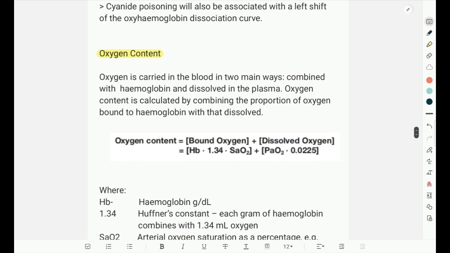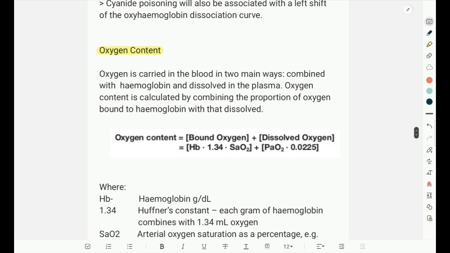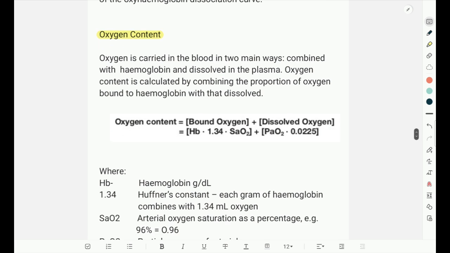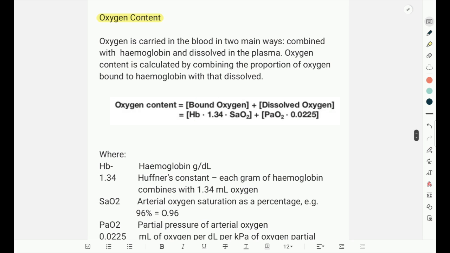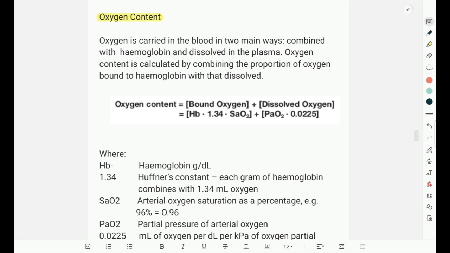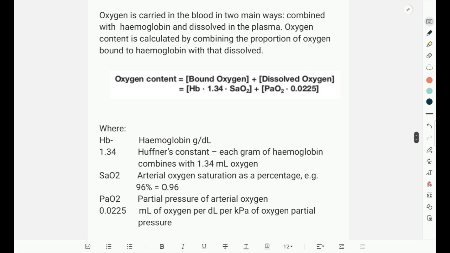Now we will discuss oxygen content. Oxygen in the blood is carried in two forms. It can either be in dissolved form or it is bound to hemoglobin. We can calculate the total amount of oxygen in blood by combining these two forms. So here is a formula for calculating the oxygen content. It is equal to bound oxygen plus dissolved oxygen, and so is equal to hemoglobin into 1.34 into oxygen saturation